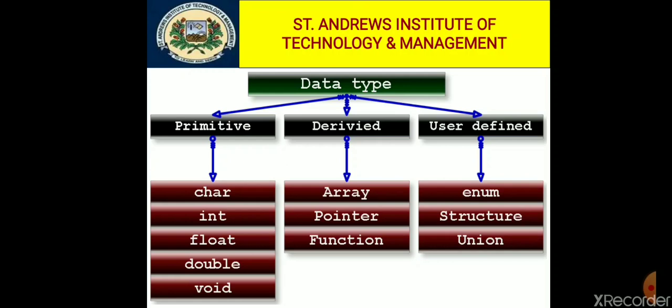First one is character. An identifier declared as character becomes a character variable, and it is denoted by enclosing the character in single quotes. As we take an example, the character variable in C is declared using first of all the keyword char, to show that it is a keyword and it is a data type.